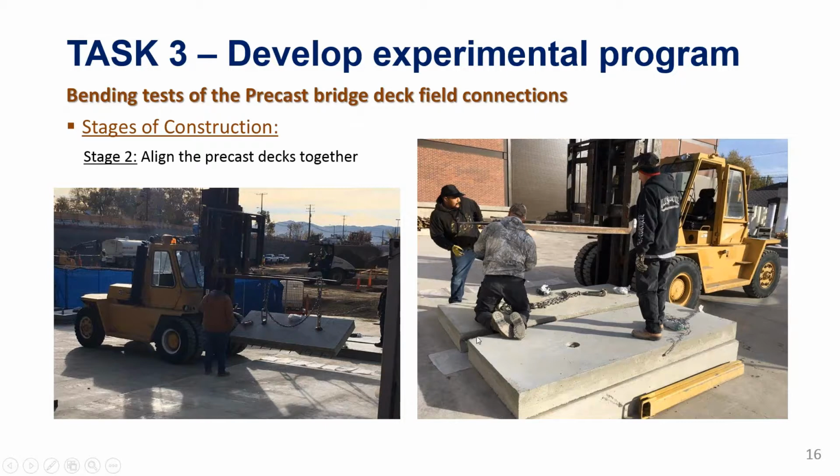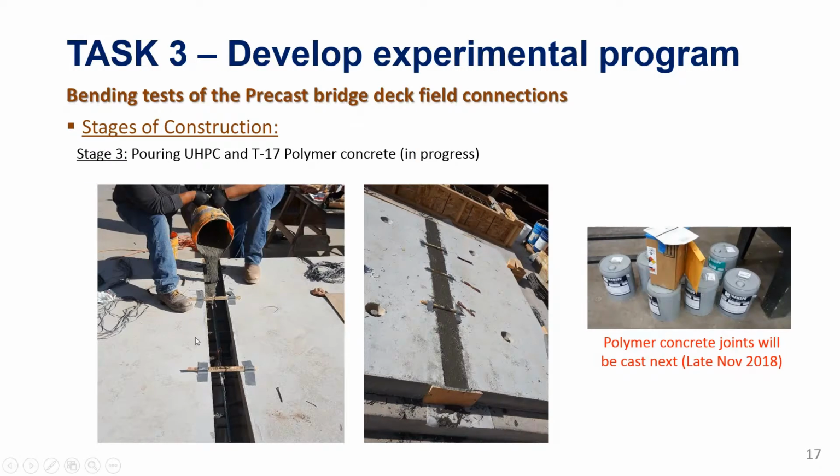Then we just finish the formwork and cast for the third stage, the filling material. So we did this with the UHPC. We cast the 2 UHPC sample specimens, and we are working on the polymer concrete ones as we are speaking. Actually, the student is out in the fab yard working on this. So in the next day or so, we will be done with pouring or casting the polymer concrete in the